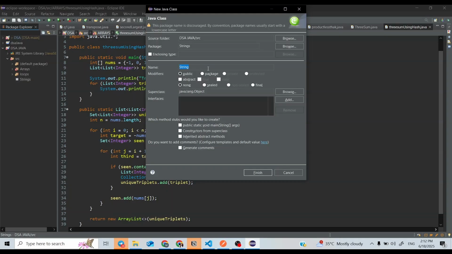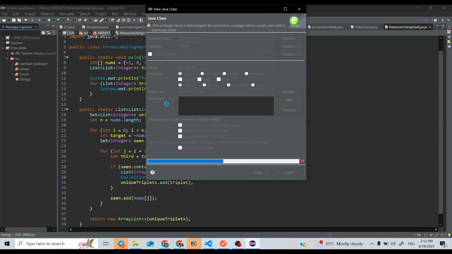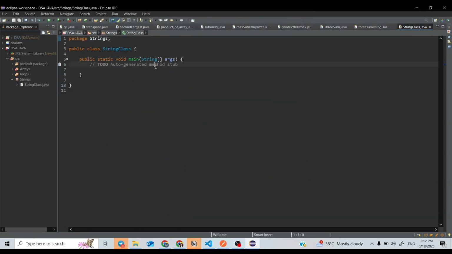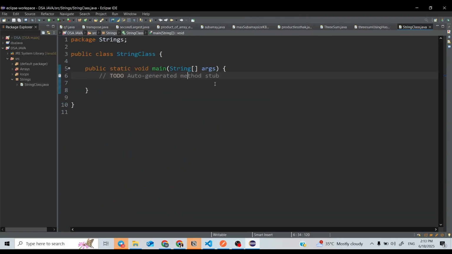Whatever they are reserved for, in this case String is a data type, just keep them there only. Don't use it for a class name or anything else. So I will name this class StringClass. Main and finish. So inside this, let me make a string s equal to hello.